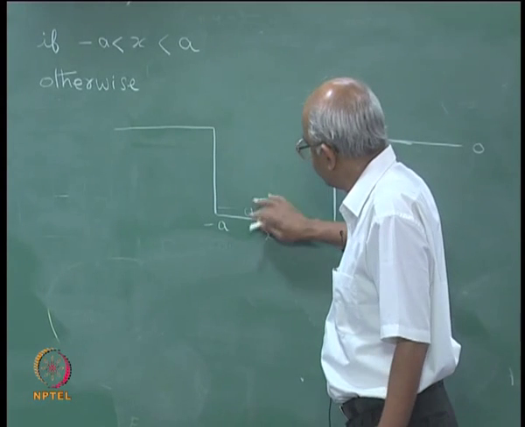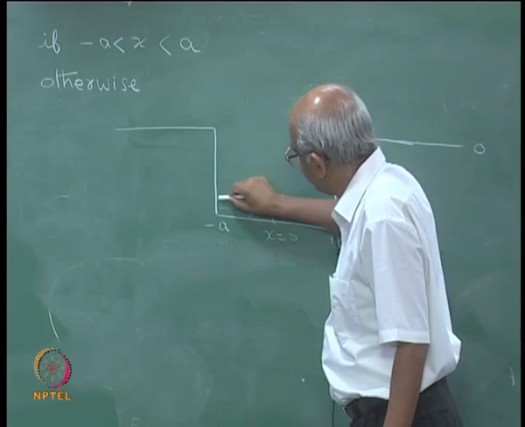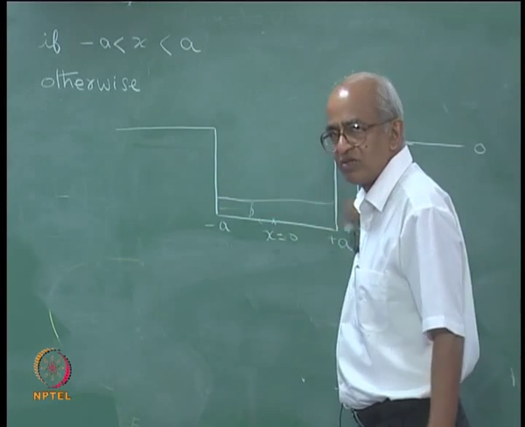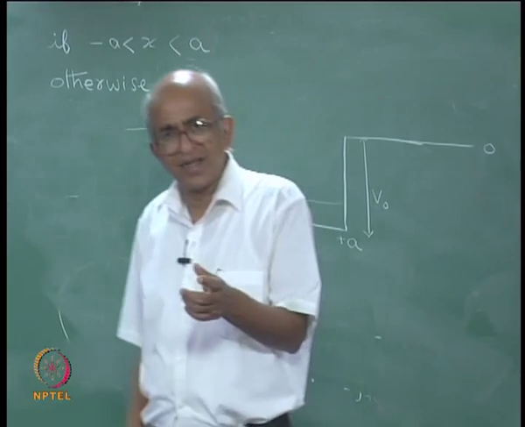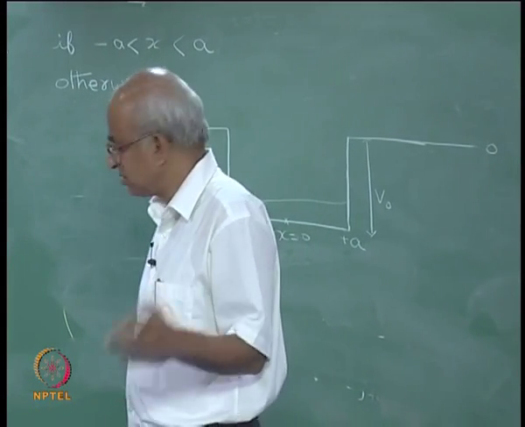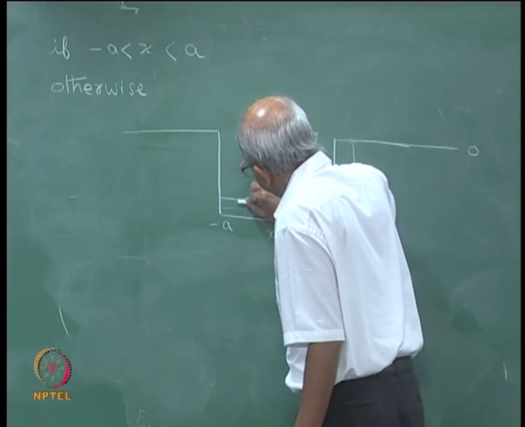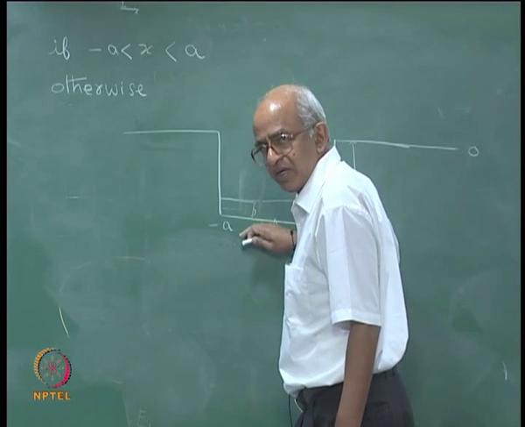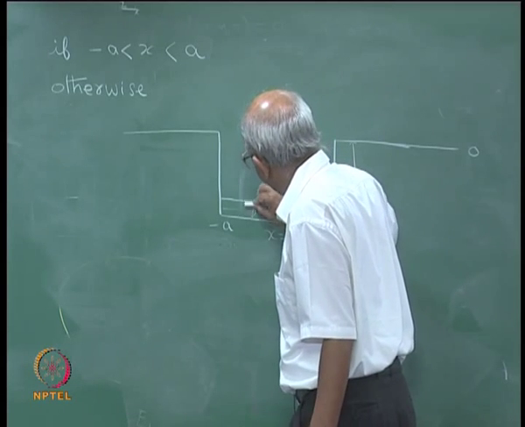Or then maybe I can push the particle in one direction, giving it some kinetic energy, and then what will happen? Suppose I give it that much kinetic energy, then it will go hit there, then come back and go on oscillating within this box, and the amount of energy that I can give it can be anything. So the particle can have any energy starting from the bottom, from minus V 0 onwards. If it obeyed classical mechanics, it can have any energy.